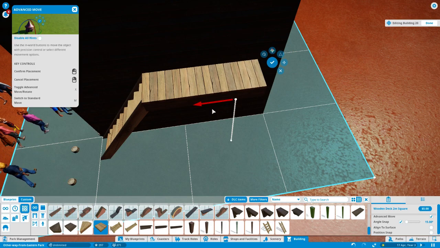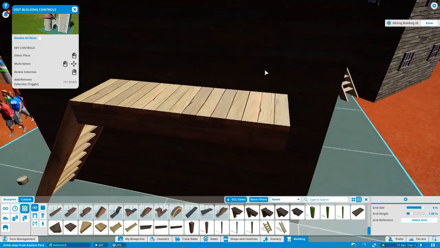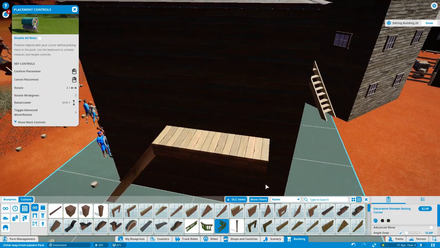And like that. Lovely. We just need to give you some basic railings. Let's try and go with the fancy ones this time. Which...